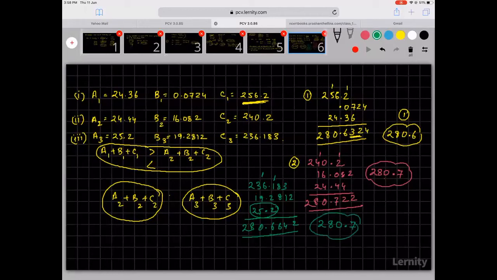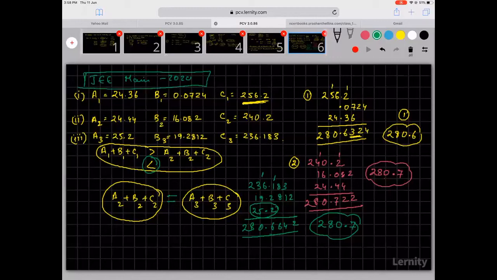So what do you understand? How are they related? So A2 plus B2 plus C2 is equal to A3 plus B3 plus C3. And this is the correct option. Okay. So this is the summary of the concept. This is a JEE Mains 2020 question. In January exam, you got this particular question. This is the level of skill that is expected.